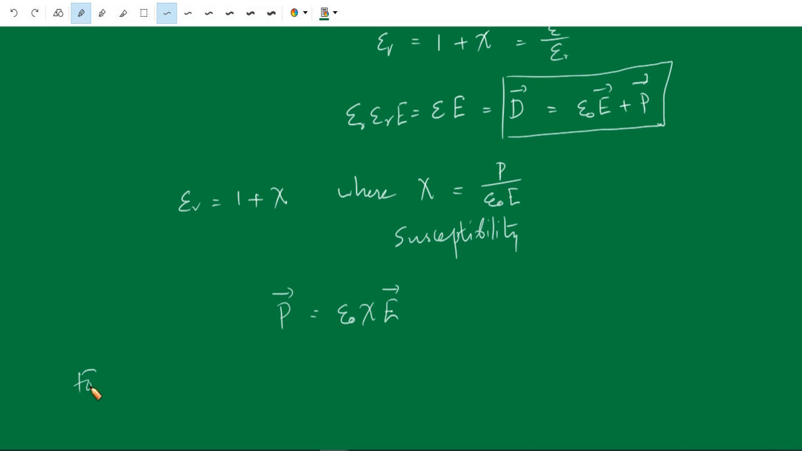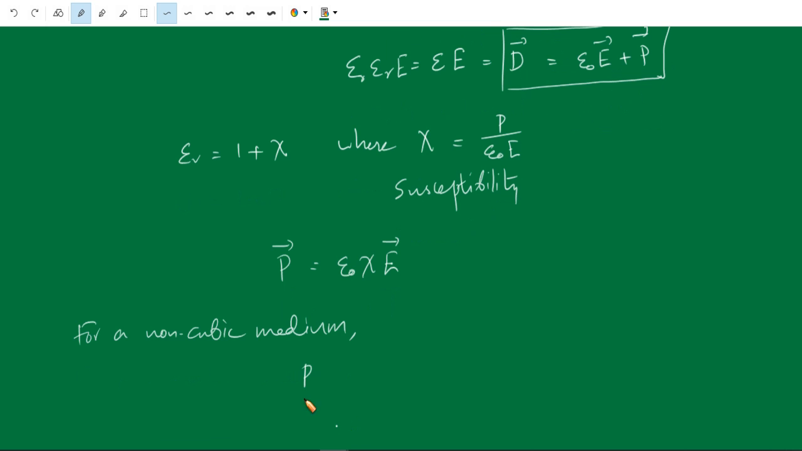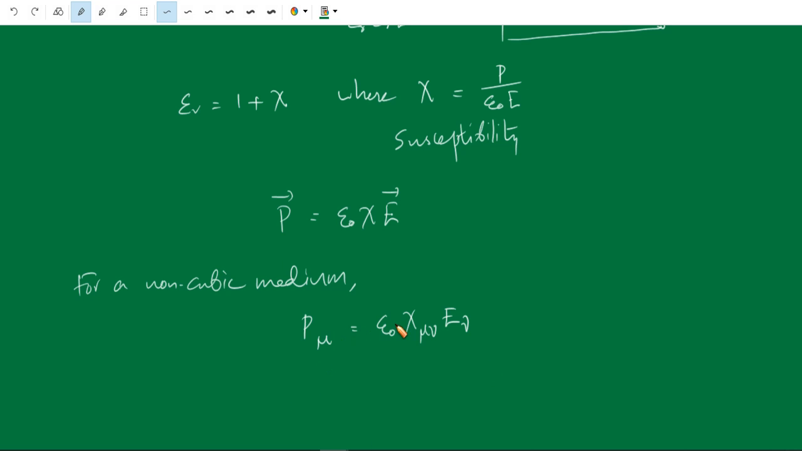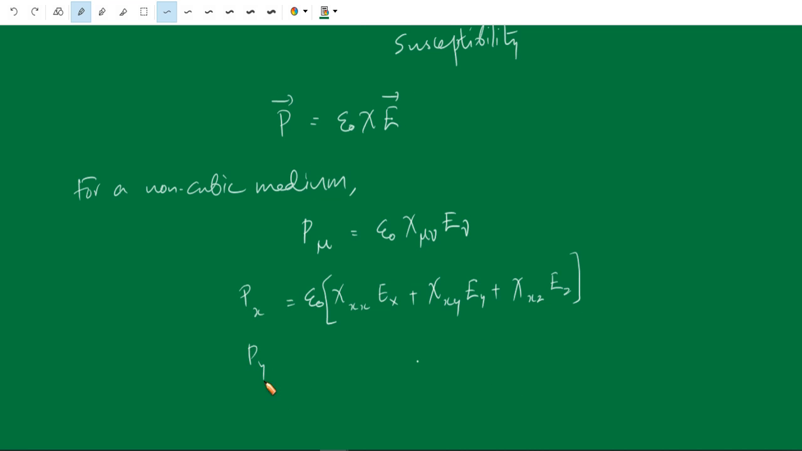For a non-cubic or anisotropic medium, the polarization components Px, Py, Pz are given by P mu is equal to epsilon 0 chi mu nu E nu, according to the Einstein summation convention. Px is equal to epsilon 0 chi xx Ex plus chi xy Ey plus chi xz Ez, and Py also is equal to epsilon 0